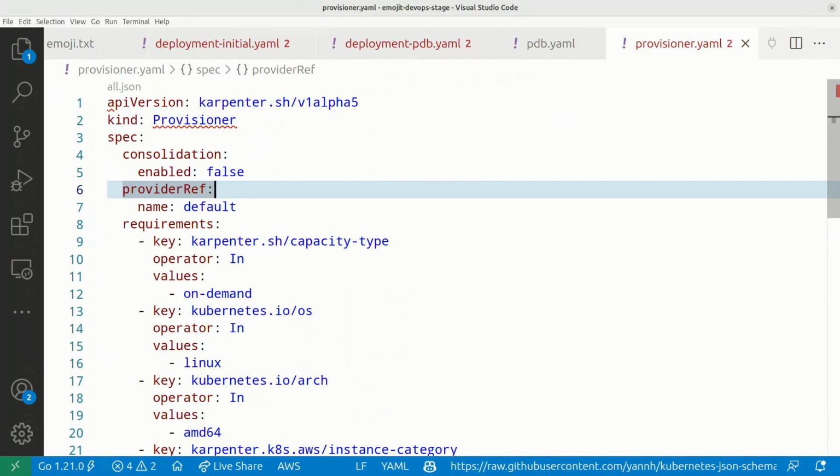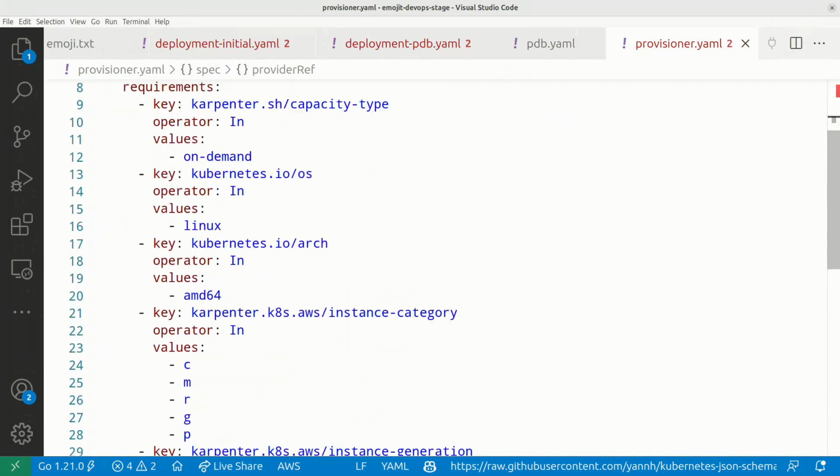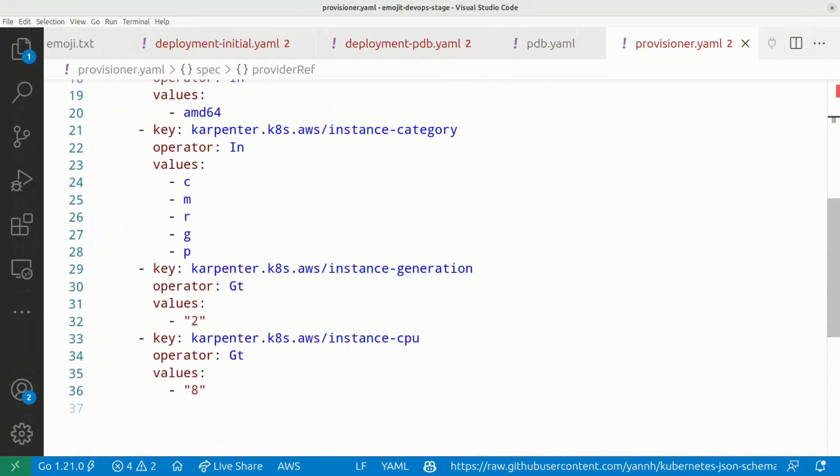We don't have enough capacity to have a bunch of 2-core boxes. It just makes too many IP addresses, too much overhead for daemon sets, everything like that. So we're going to go ahead and add one more restriction on what type of instances we get, where we don't want anything that has 8 cores or lower.